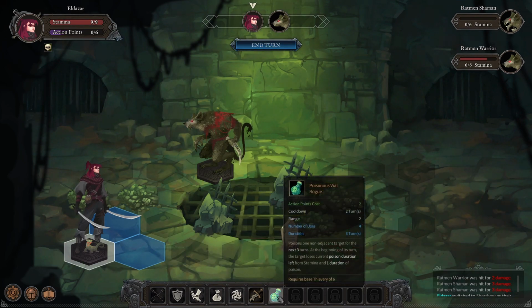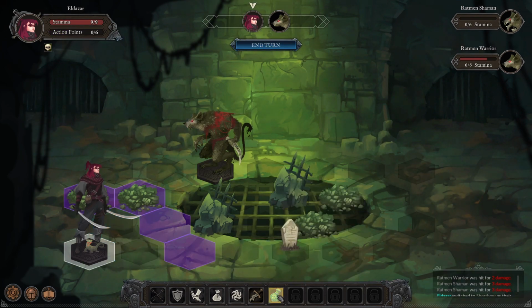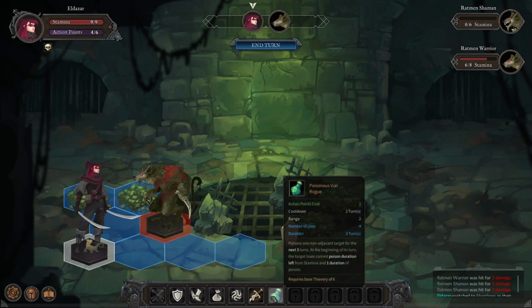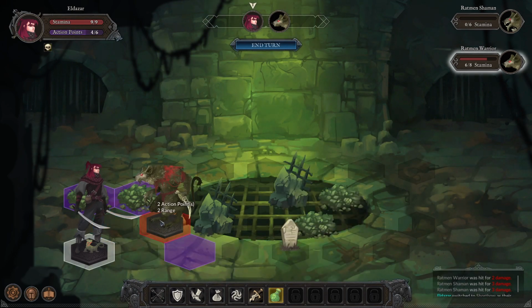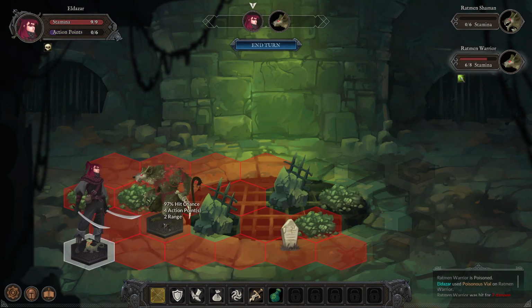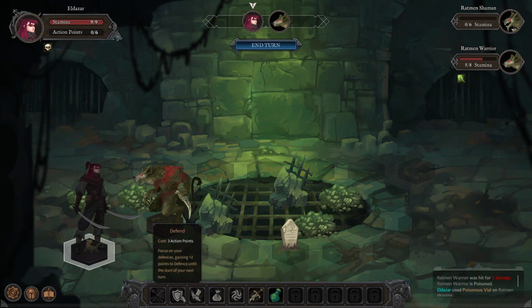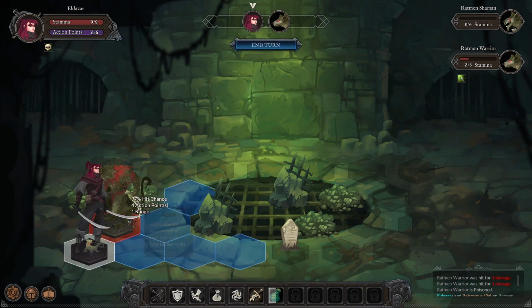Oh wait, throw the poison vial at him. So it takes only 2 points. Okay, end turn. Alright, now we can do an attack for 4 and a poison for 2. So let's do a poison for 2. Poison him basically. And then point blank range. Hit him for 1 damage. And now defend, we can't. Okay, end turn. He takes 3 poison damage, so